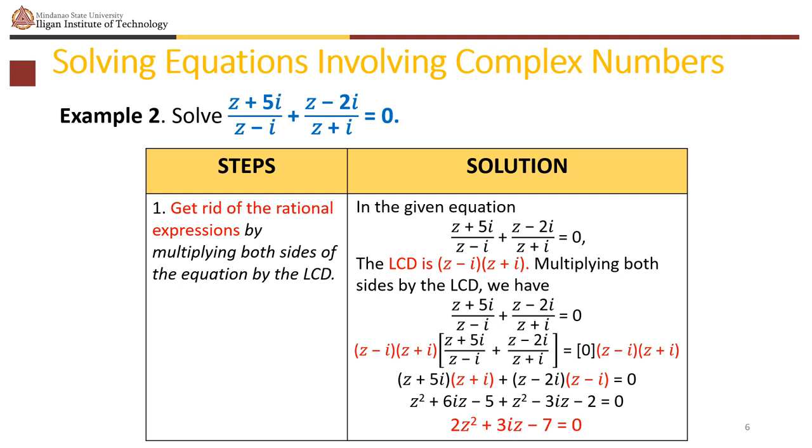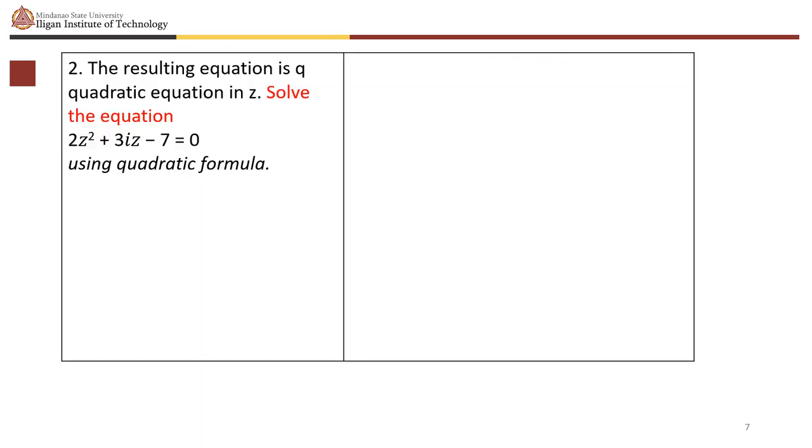So when we simplify this further, we now have the following. We have z squared plus z squared will give us 2z squared. 6iz minus 3iz will give us positive 3iz. Minus 5 minus 2 will give us minus 7. So the resulting equation is a quadratic equation in z. So if we try to solve the equation 2z squared plus 3iz minus 7 equal to 0, this time using